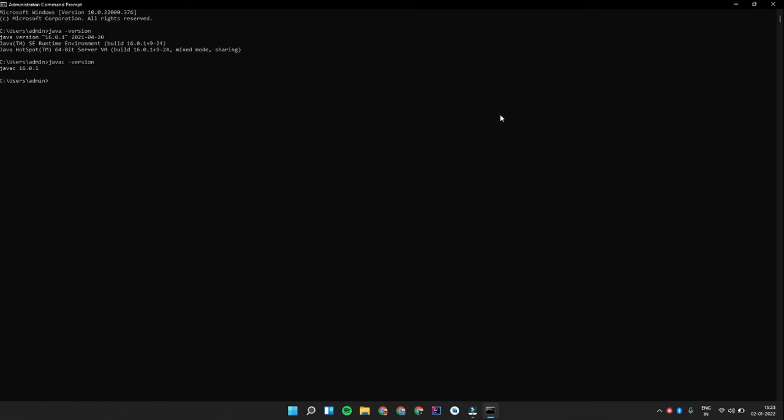One more command you can try to see whether your environment variable is set correctly or not. Just type echo percent your variable name, that is JAVA underscore HOME, and then again percent and press enter. This will give you the path which is set for the JAVA_HOME environment variable. So everything is fine now and you are ready to work with Java and Java related programs on your operating system.